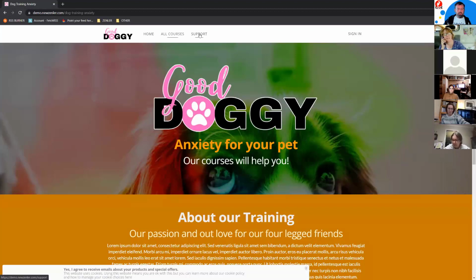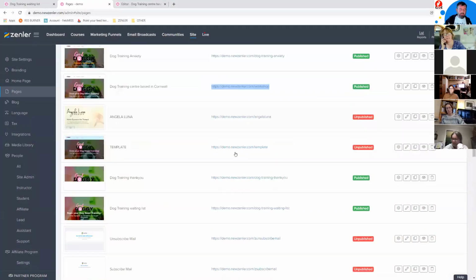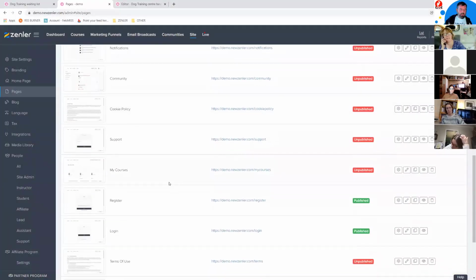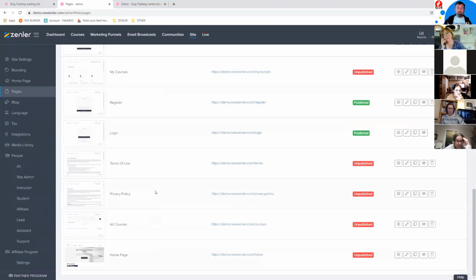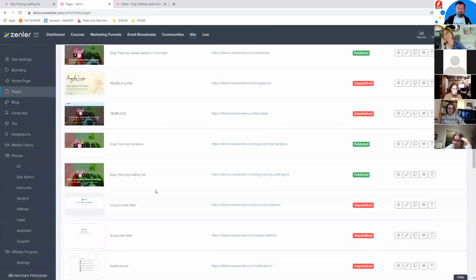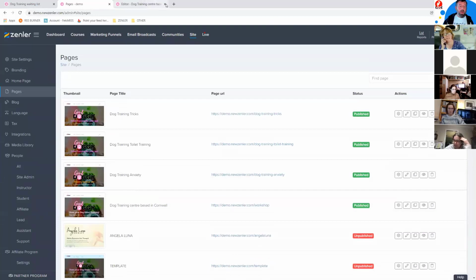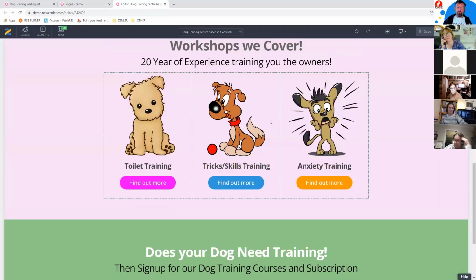So how do we get these to appear in the menu system? And what's this appearing? All courses and support. Do we need that at this stage? Not really, because we haven't done the support page and we haven't done the all courses page, which are inside here in my courses. Yeah. And support is there. So you need to go into all of these pages and just style them all before you turn them on. So we're going to look at now how we can turn things off and on inside